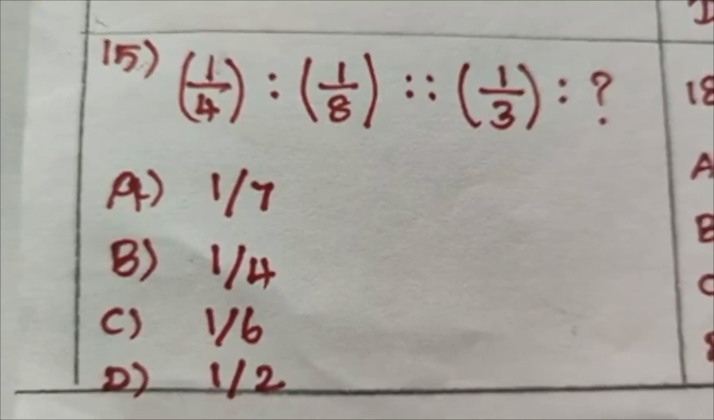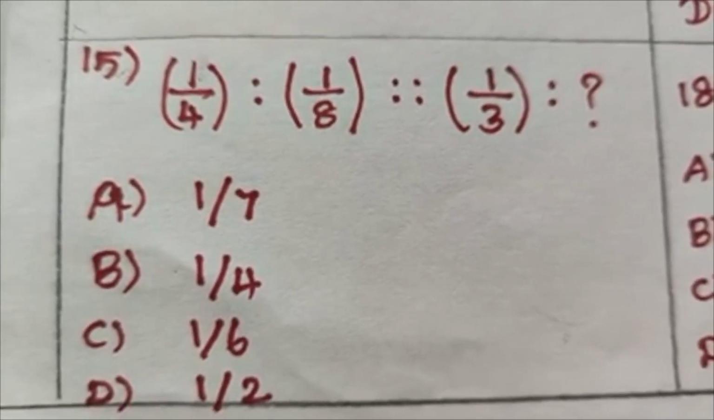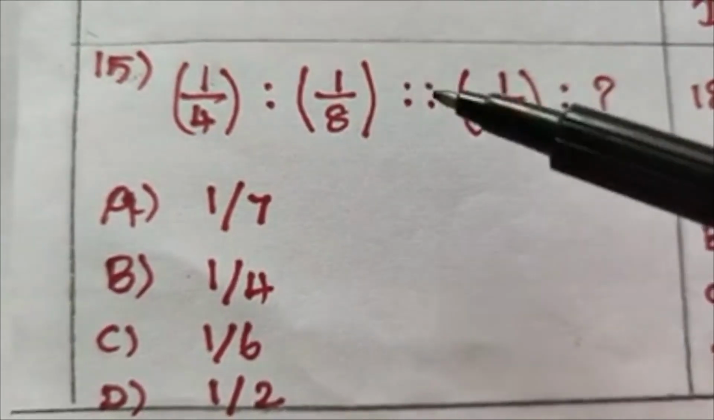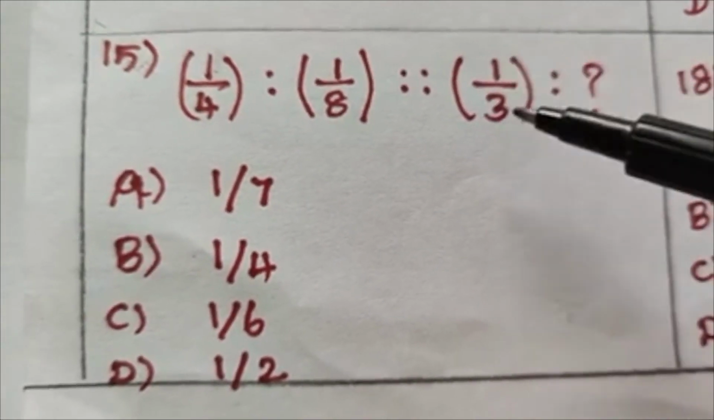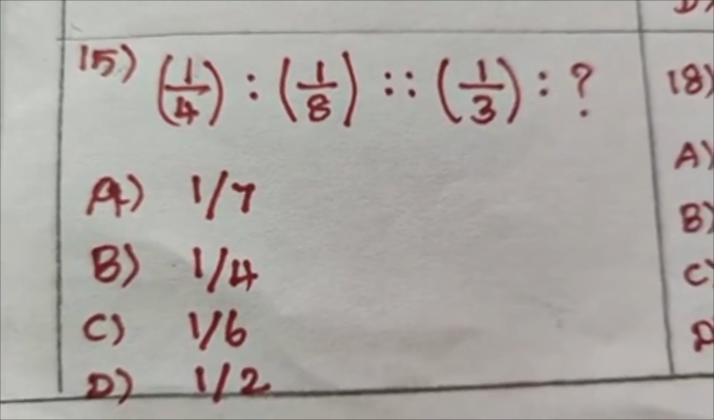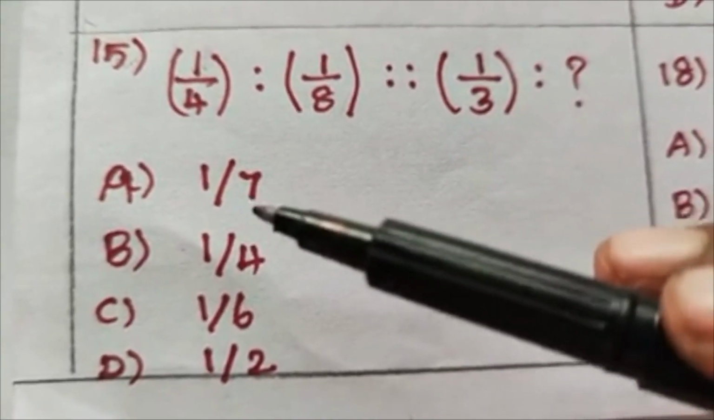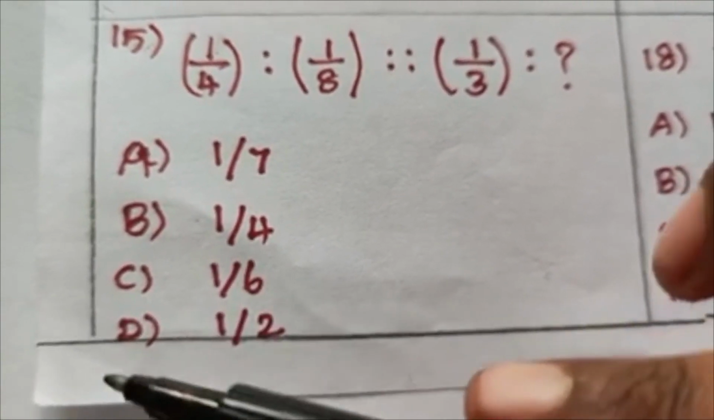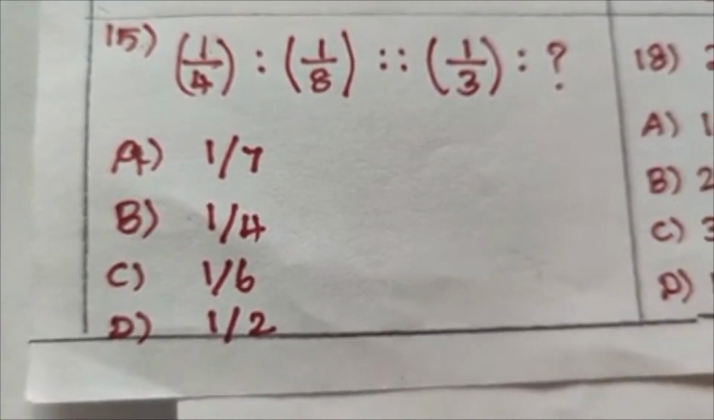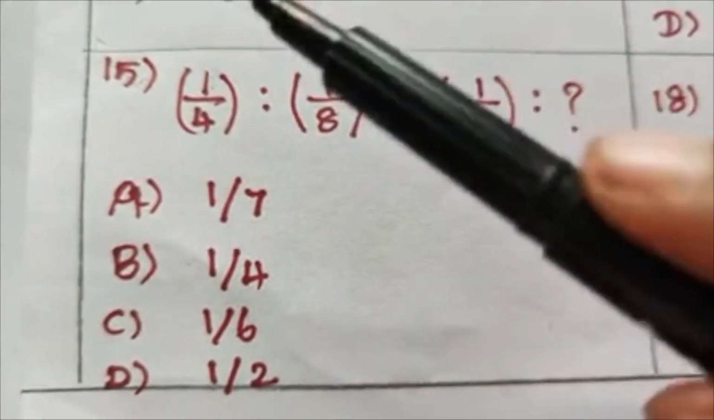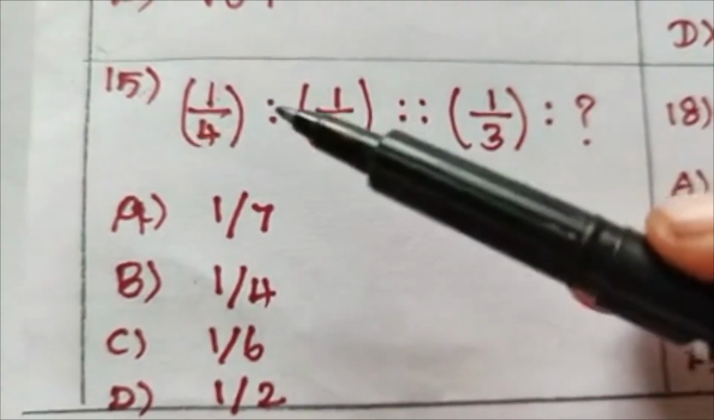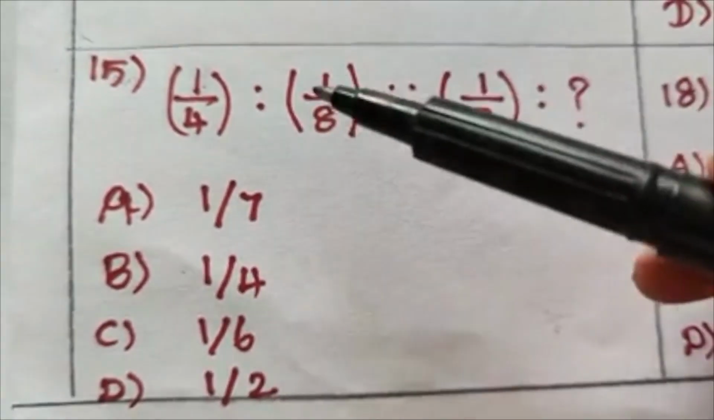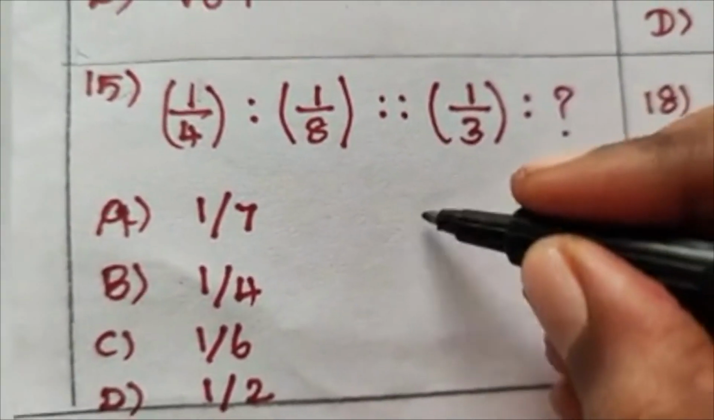Next, question number 15. 1 by 4 is related to 1 by 8. In the same way, 1 by 3 is related to what? Option A 1 by 7, option B 1 by 4, option C 1 by 6, option D 1 by 2. First we have to find the relation between the first term and the second term. 1 by 4, 1 by 8. Okay. So 1 by 4